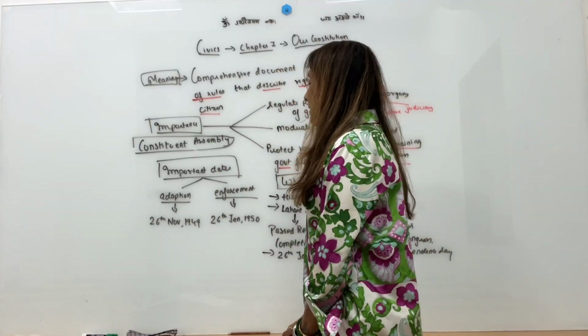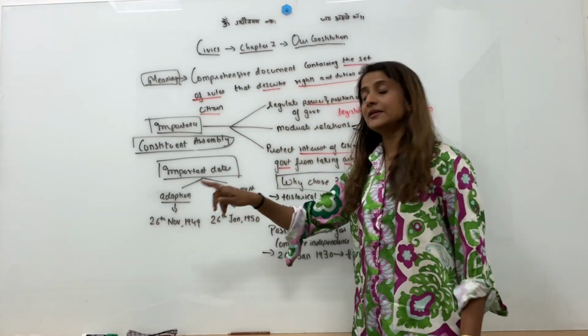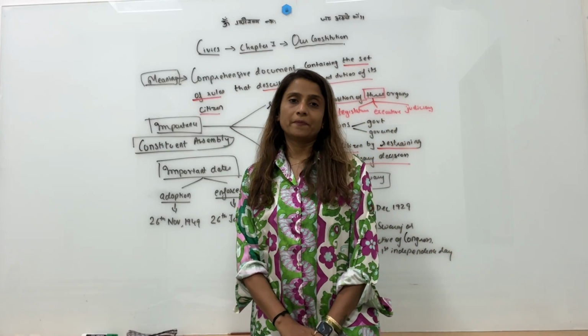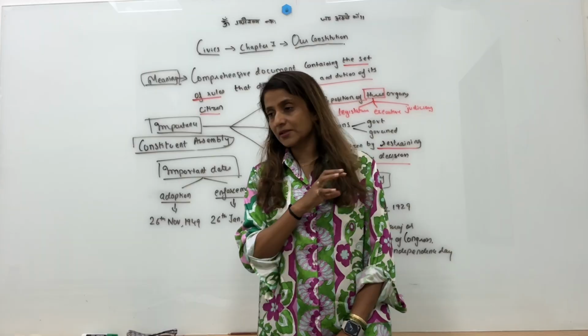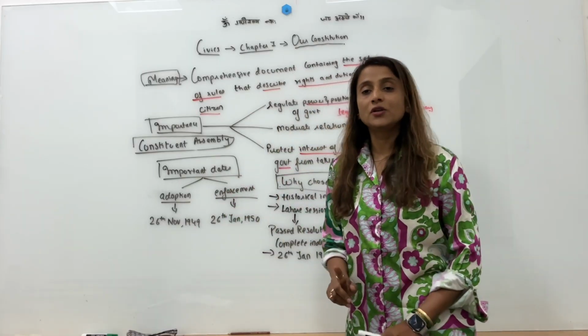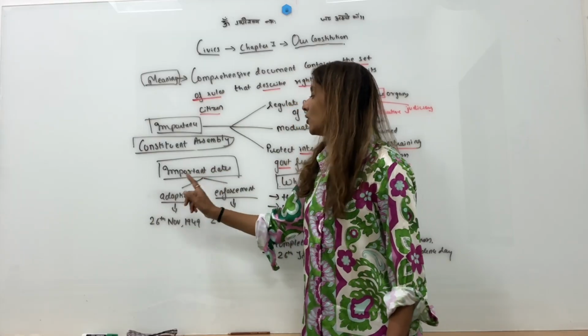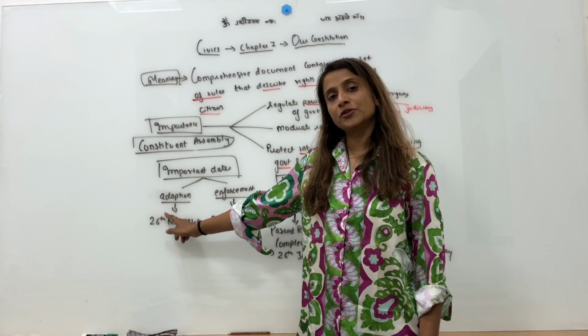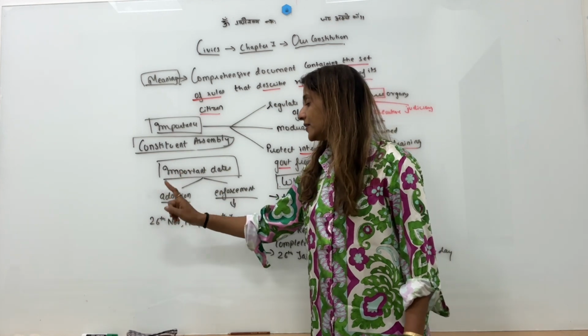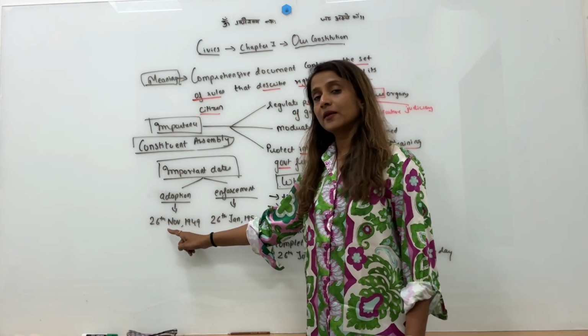Now, by the time 26th November 1949, our Constitution was ready and it was adopted. Means it was given the approval that yes, this Constitution is ready. So you need to know very well the date of adoption of our Constitution. Please mark it as very, very important. And the date is 26th November